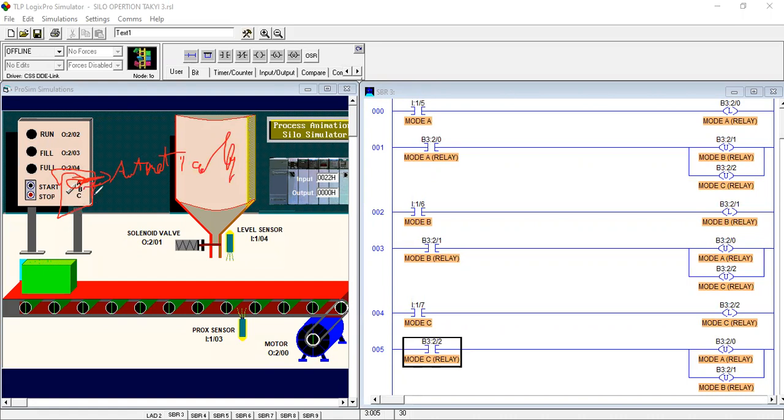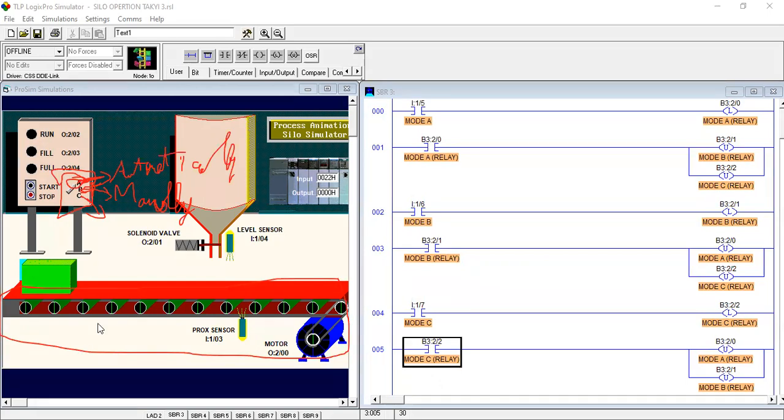B is indicated for the manual process. And C is denoted for the conveyor controlling process only.